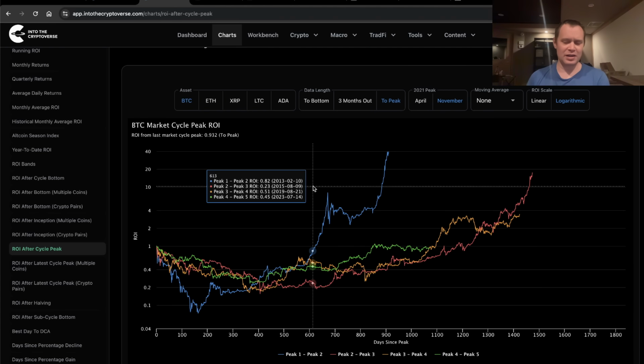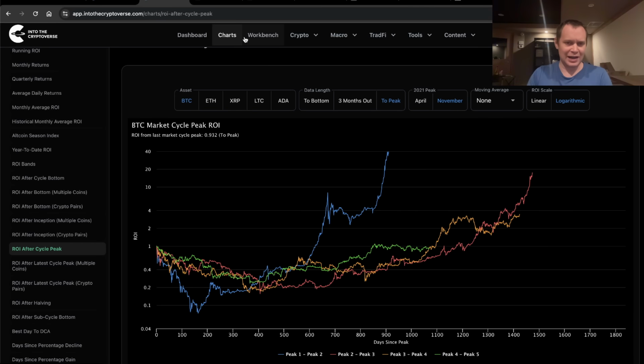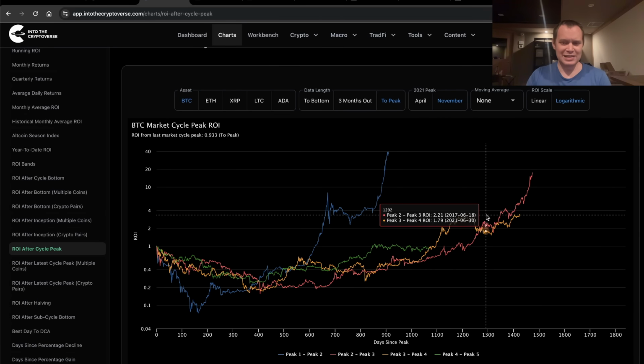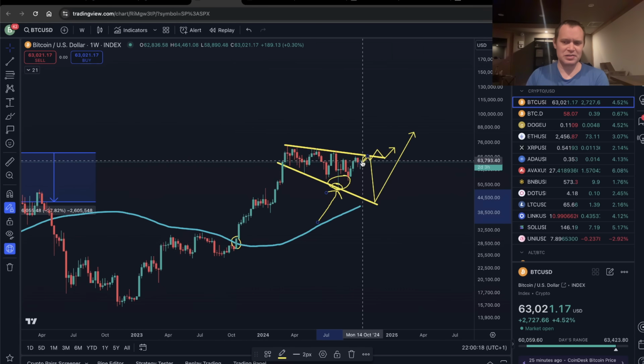But I do think that this stuff is really interesting to look at. It helps you view the market in different ways. And look, I think a lot of people only want to hear the bullish view or they only want to hear the bearish view. But the reality is both sides have been right and both sides have been wrong for basically the last 7 months, right? And so it makes sense to have a balanced view and say, you know what? We're getting close to the time where seasonality tends to be favorable for Bitcoin. And so maybe if it's going to break out this year, it seems like it should do it soon,